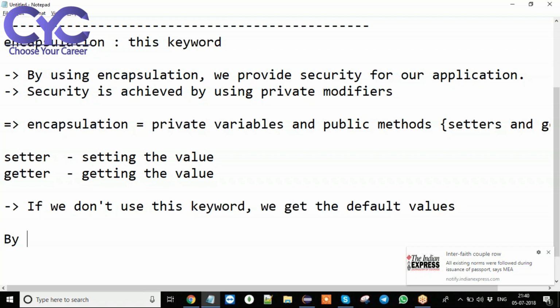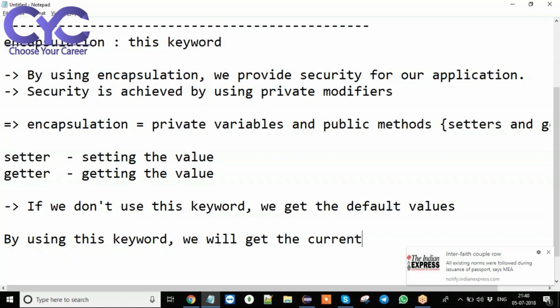By using this keyword, we'll get the current class reference data.